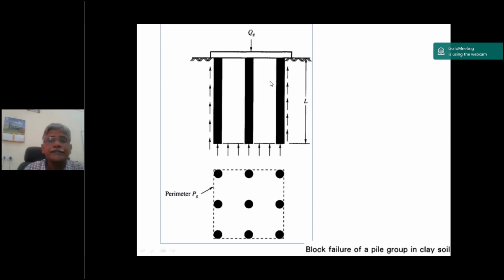And this is just a typical elevation of a pile group, a 3 by 3 pile configuration. In a row 3 piles are there, in a column 3 piles are there, so this is 9 piles in total. This pile configuration is 3 by 3, and the resistance will be block resistance. You can calculate the total circumference, with all 3 piles together, the circumference